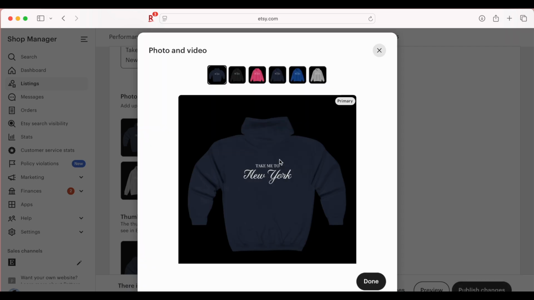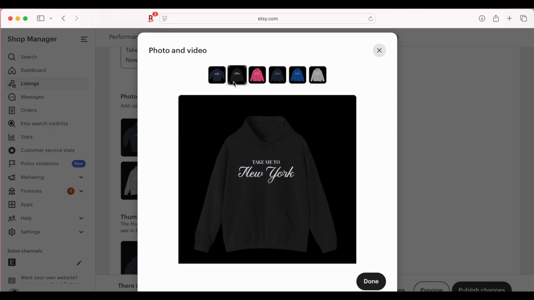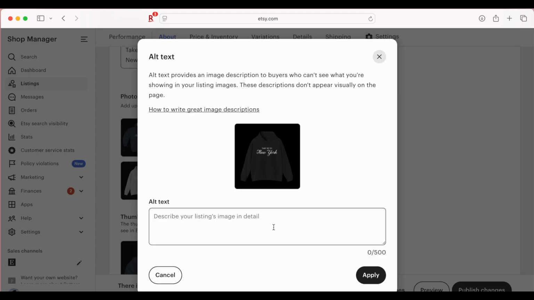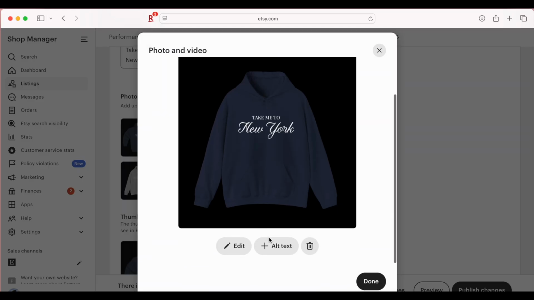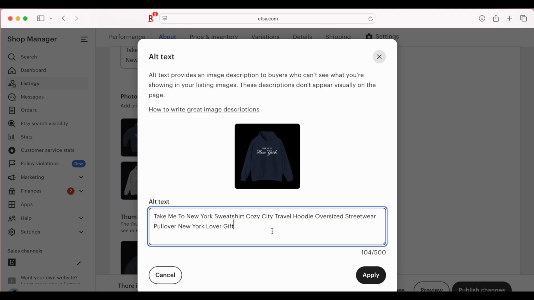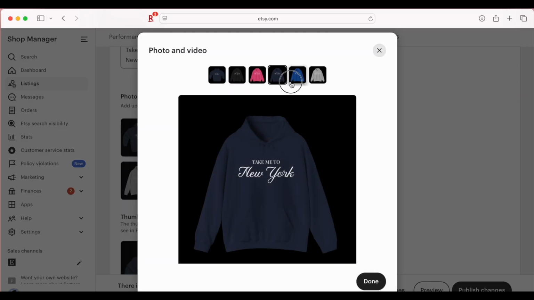Now you need to do this to all of your images. So if you have 10 images, you're going to want to do it to all 10 images. And like I said before, this is going to bring people to your product because